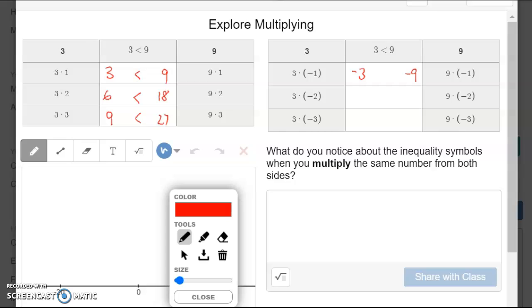But look what happens when you multiply by a negative number. 3 times negative 1 is negative 3. 9 times negative 1 is negative 9. Between these two numbers, which is the bigger number, or more positive number? It's negative 3. Notice what happens to the inequality sign. It gets flipped. That is the same with the other